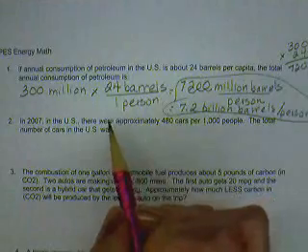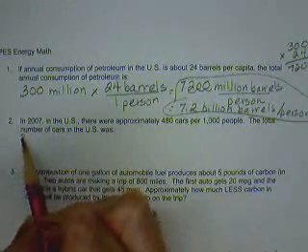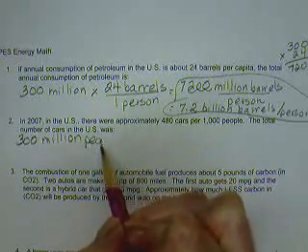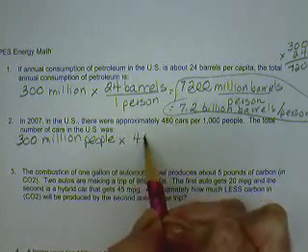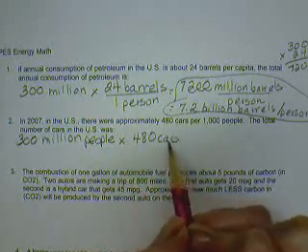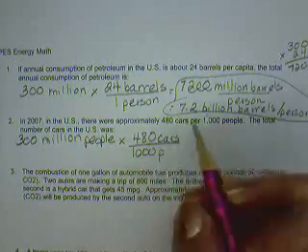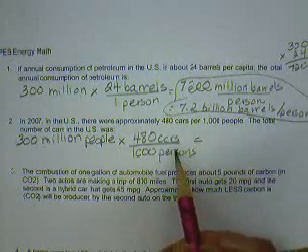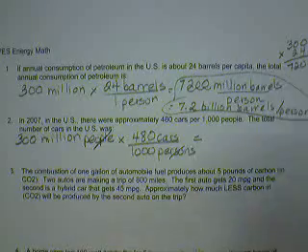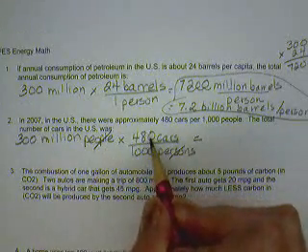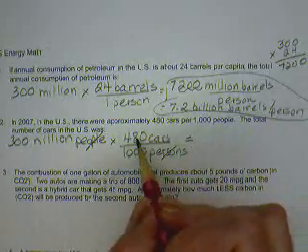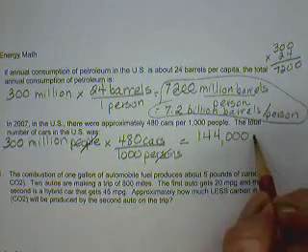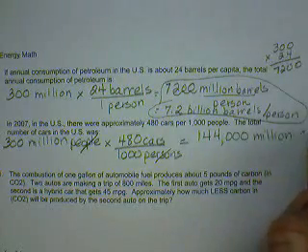Number 2. Let's go ahead also and take 300 million people again. And there's 480 cars per 1,000 people, which we can just write as persons. So persons, or people, cross out, and now we have 300 times 480, and if you do this math, you end up with 144,000 million cars